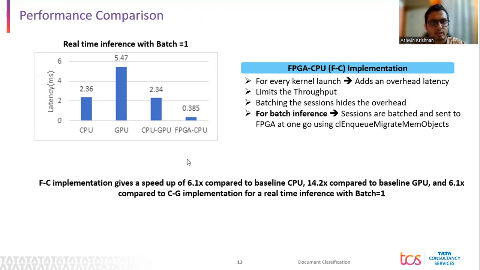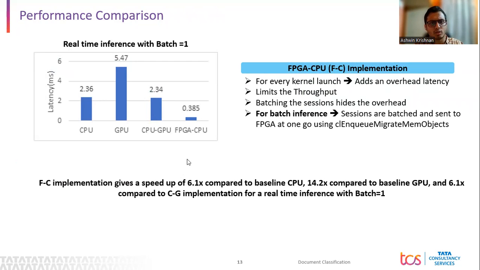But even then, we found that for real-time inference, the FPGA-CPU architecture gives us almost a 6.1x speedup compared to baseline CPU, a 14.2x speedup compared to baseline GPU, and a 6.1x speedup compared to the baseline CPU-GPU implementation,